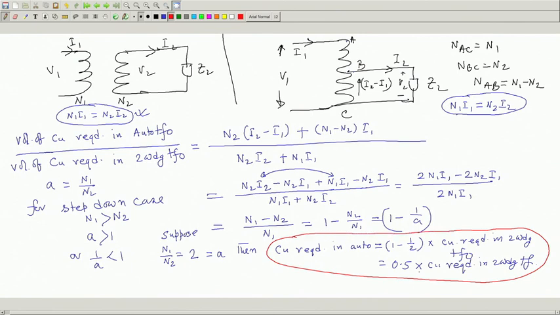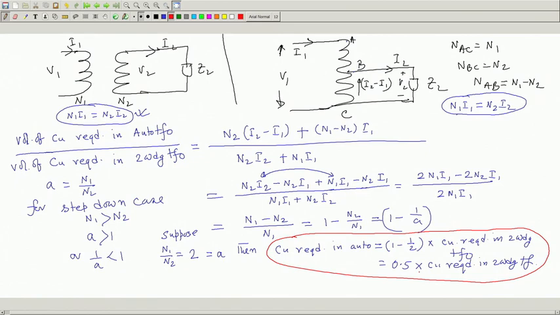You save copper, it looks like. Savings of copper can be easily calculated by taking the difference of these two. I am not going to do that, it can be easily done, but I will just see how much copper is required